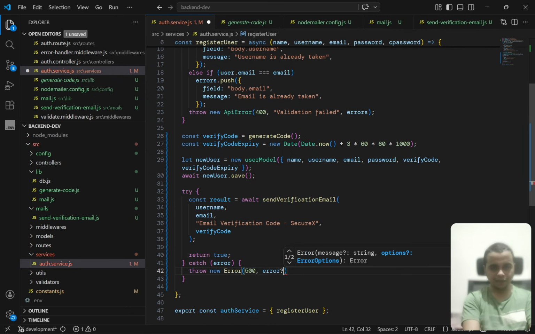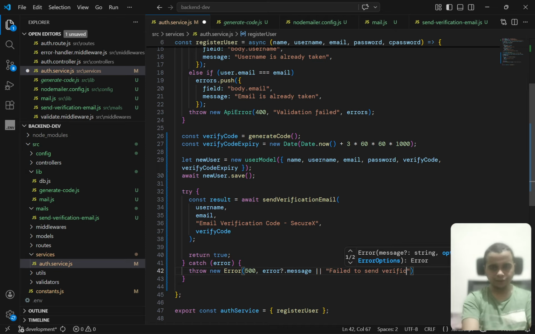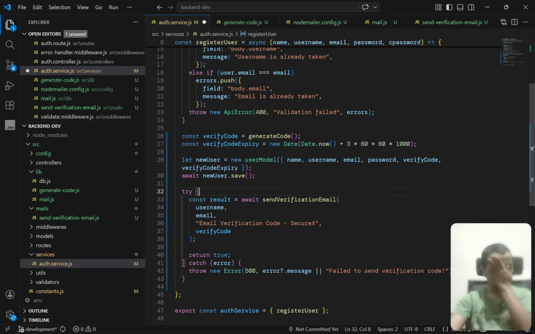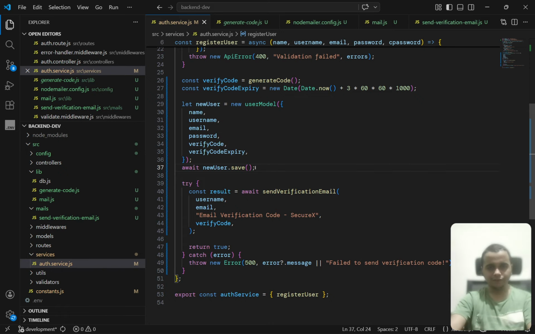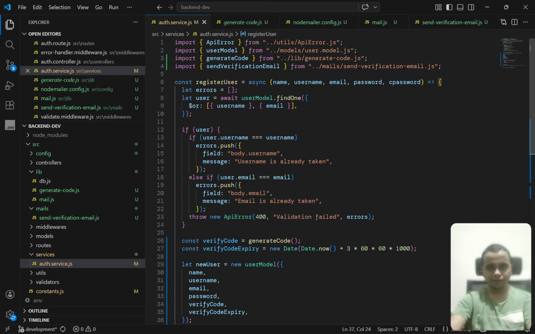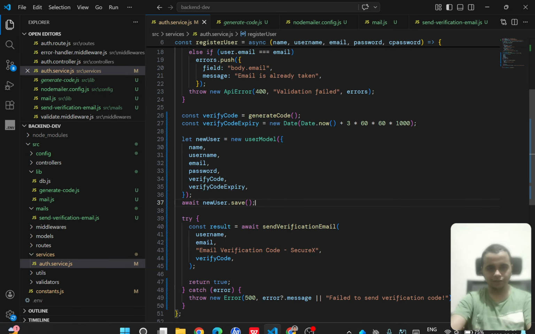The error may have a message, or I can say failed to send verification code. So even if we fail to send the verification code, I have attached the verifyCode and verifyCodeExpiry to the user, so there is no problem. Fine. So let me save this. After saving this, what I will do